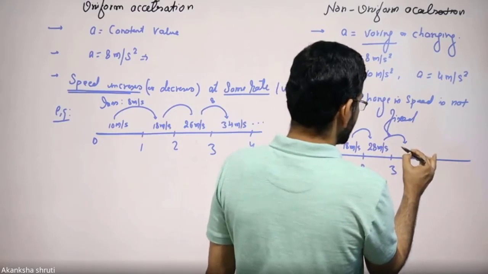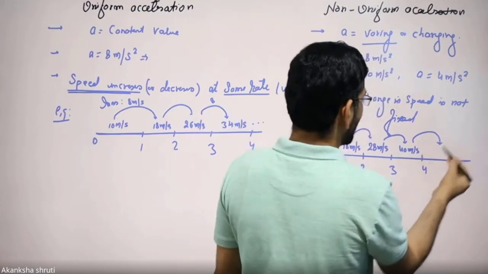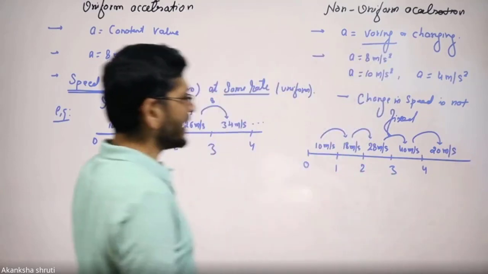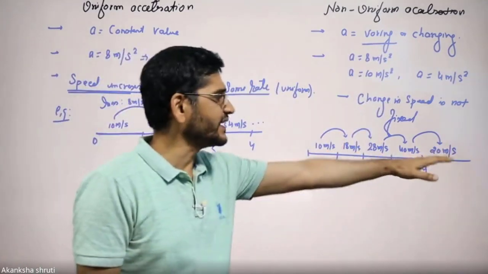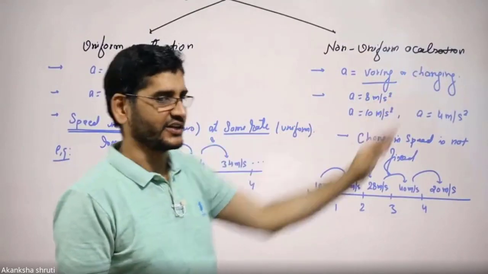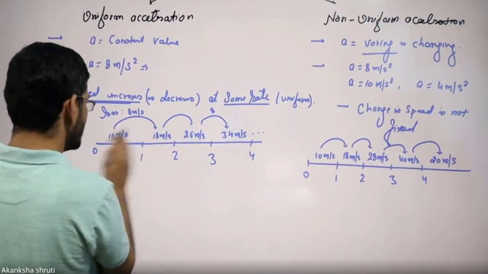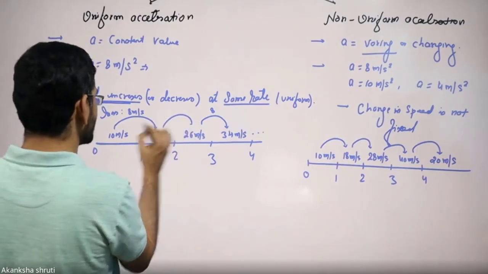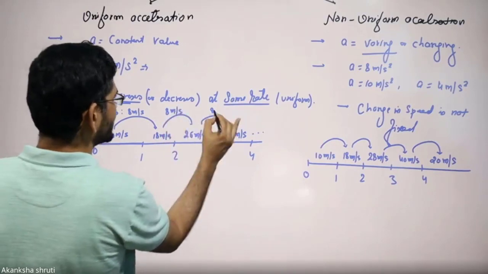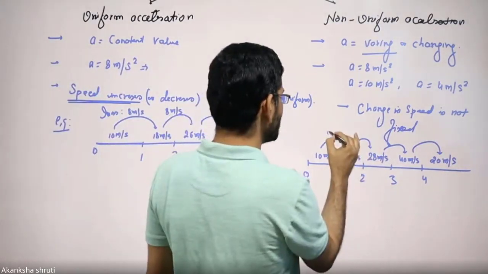Let us consider this with 40 meter per second. Another time, it might have been decreased. Let us take this as 20 meter per second. So, students, if this increase or decrease in speed is not fixed, then it is called non-uniform acceleration, because the acceleration is obtained by the increase in speed. So in uniform accelerated motion, the change of speed is always at a fixed rate. But for non-uniform motion, the change in speed is different.